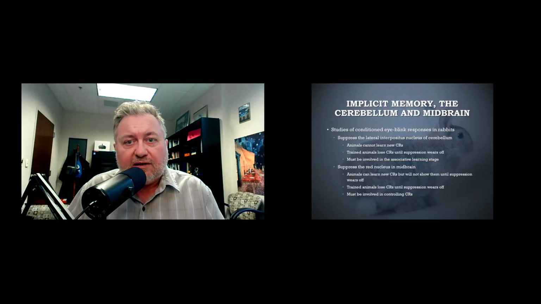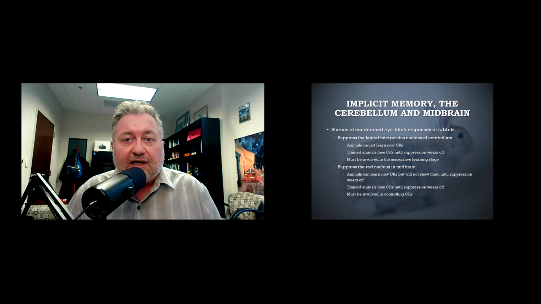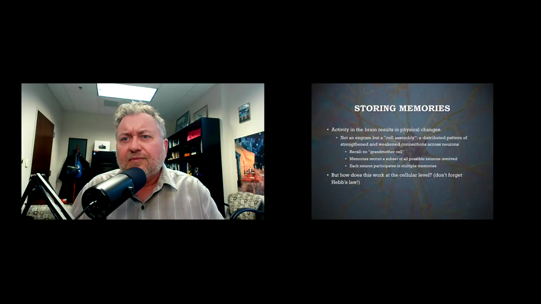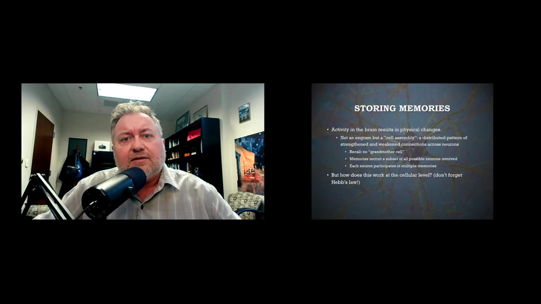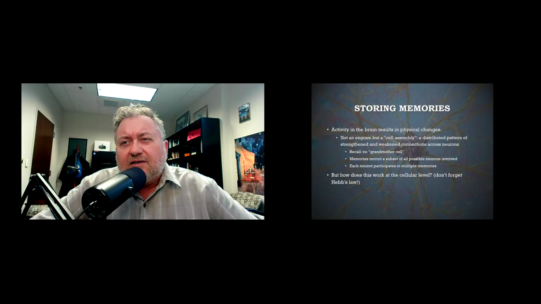And this occurs a few decades later. So we'll say that the lateral interpositus nucleus is, in fact, a pretty important area of the brain for this kind of association, conditional learning. And the red nucleus is important for conditioned responses. This would then tell us that memories are stored in the brain. But once again, as I had said before, they're not necessarily stored in a specific engram, right? A specific cell somewhere, right?